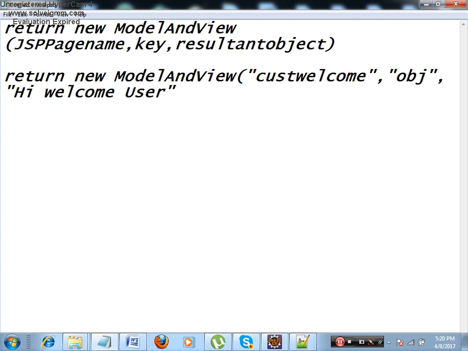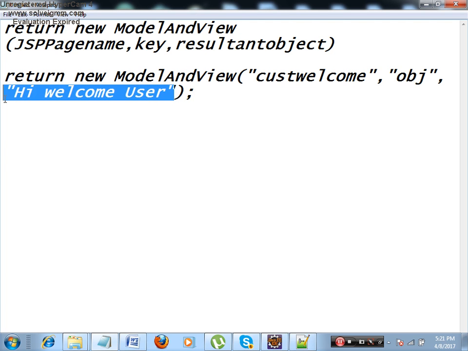It cannot always be a plain string, it can be anything. It can be a list of values. For example, in the case of movie rating, I want to see the output of tokenization. I will click on view tokens, then it will be a list of TokenVO objects, where TokenVO is a class which will have token id, token name, and the movie id. So the third argument can be any result, not just a plain string.